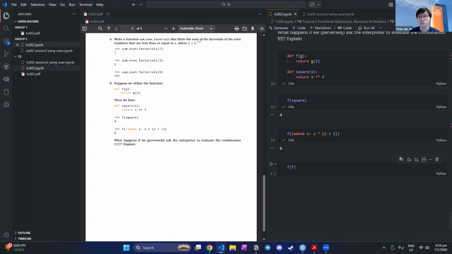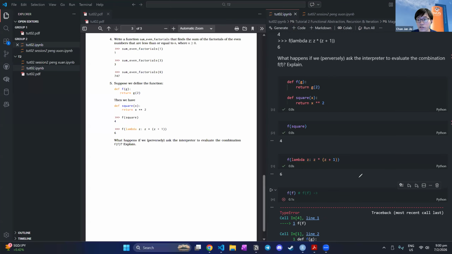Yep, that's correct. So basically, you get an error. Specifically, it's a type error, but you don't really have to understand exactly. You just need to know that an error comes out. So you see, when we run FF,